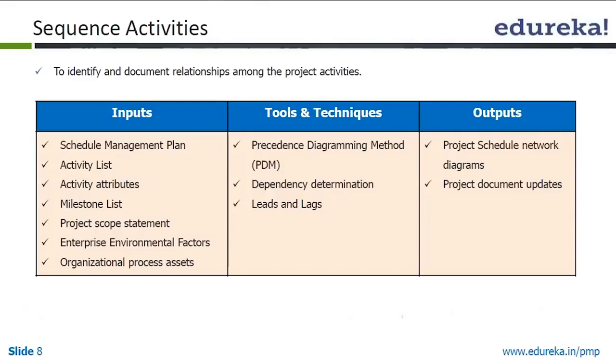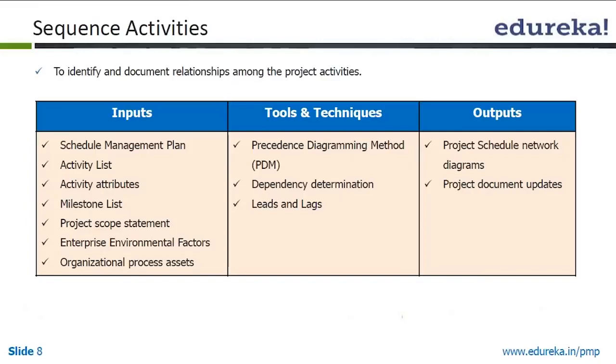Once the activities are listed, then what we do is we sequence the activities. That means we try to arrange the activities in such a manner that we create those relationships, that is, which has to be done first and which has to be done after that. So we have to create those dependencies between the two. Which are the activities which can be done in parallel, and which are the activities which cannot be done in parallel and require certain activities to be complete to be able to do the next one.